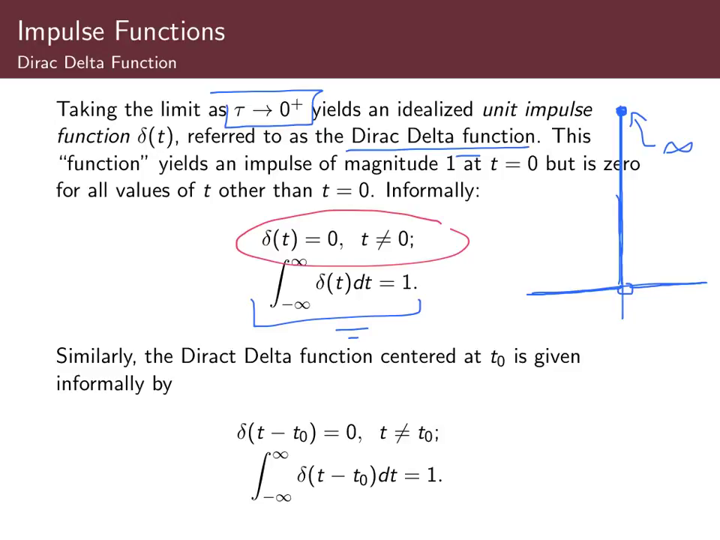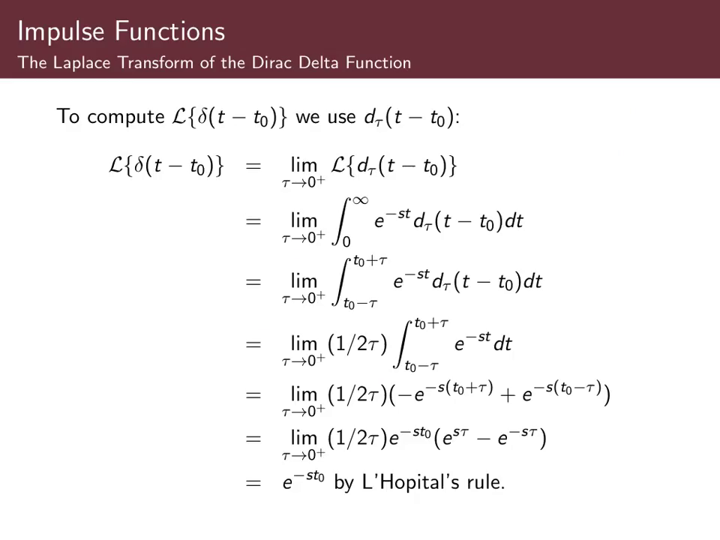If you want to talk about the Dirac delta function centered at t naught, you just make it 0 when t is not t naught, and then the integral would still be 1 anyway. Okay. Since we're in the Laplace transform section, we want to define the Laplace transform of the delta function, and